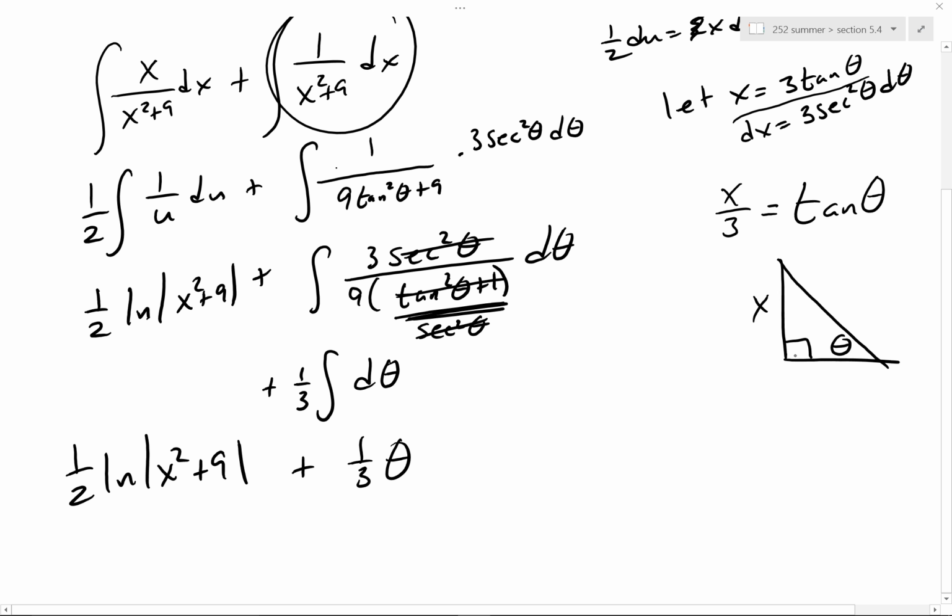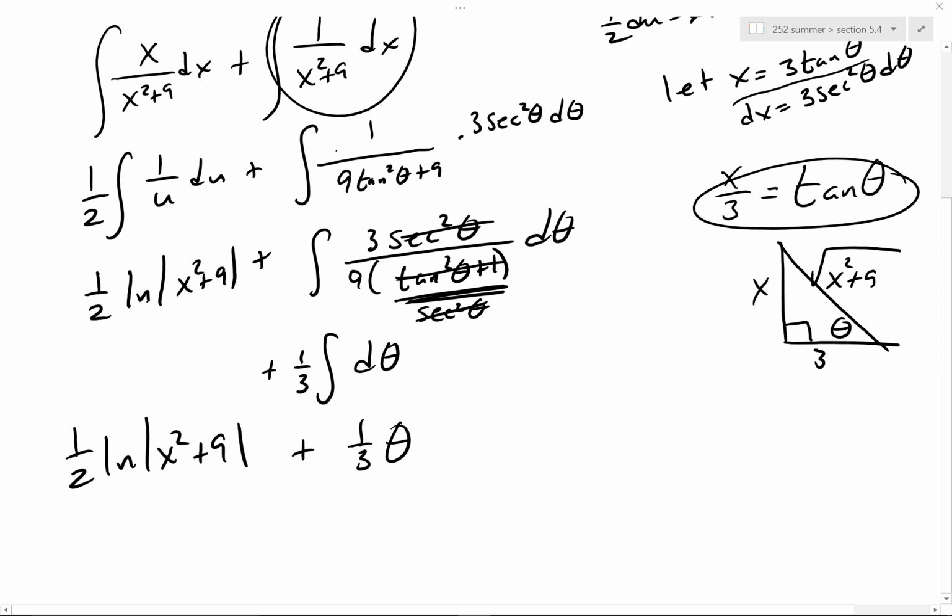Right? So x, 3, square root of x squared plus 9. So here's my question though. What is theta? Theta would be the arctangent of x over 3. That's what my theta would be. Now, what have I just found? I have just found